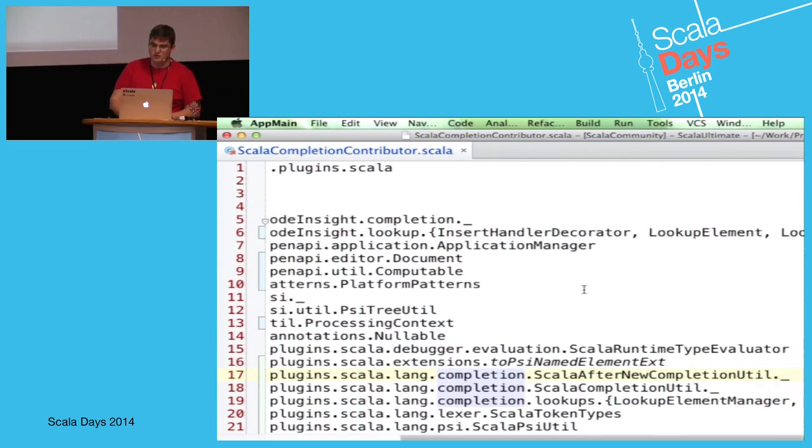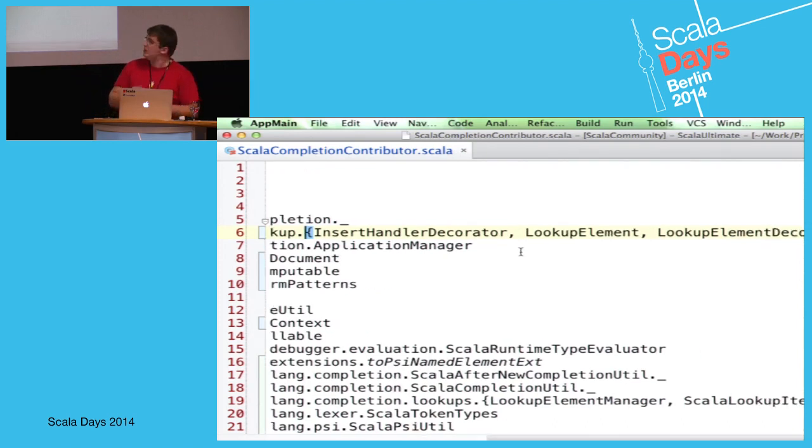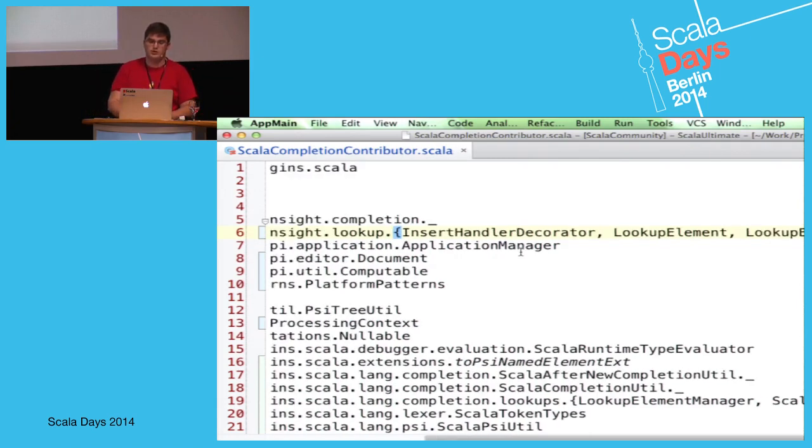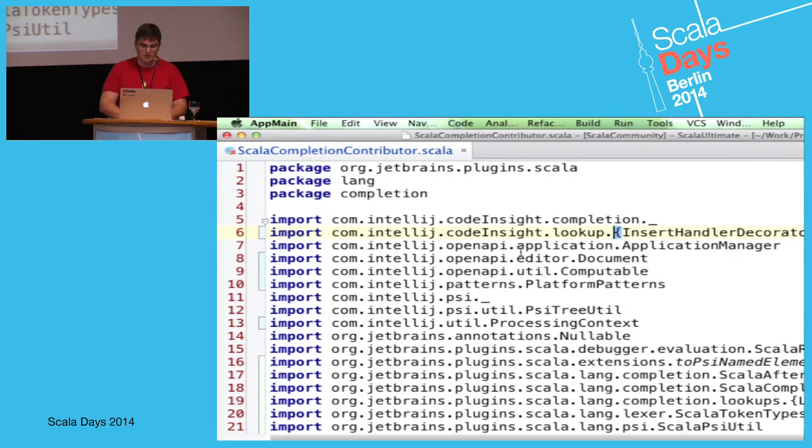Also, some people use a code style where imports are not grouped into one import statement. It's also possible to get merge conflicts when you add something into the same group. So we also added a setting, currently disabled by default, to support this code style, where you can put every import on a single line, not collected in one import.